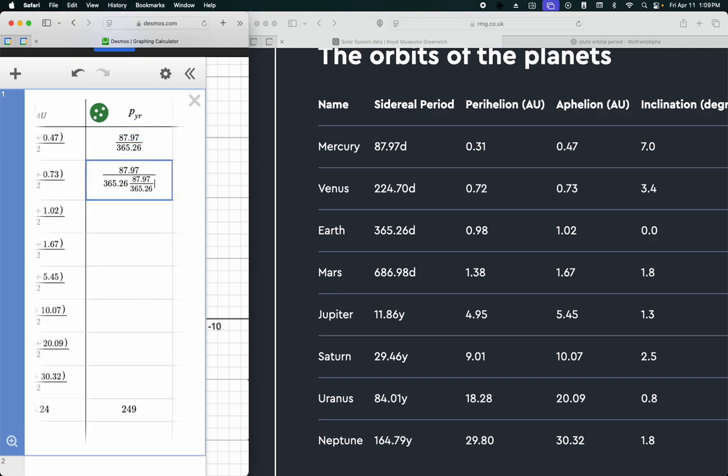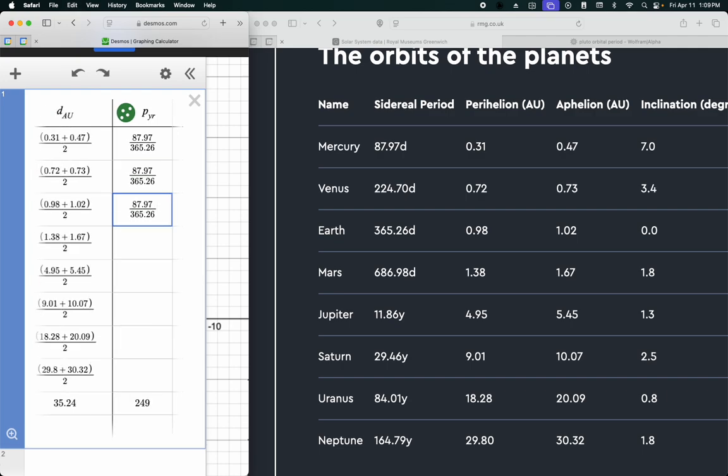So Venus is given in days, Earth is given in days, and Mars is given in days, even though it's more than 365. So Venus is 224.7 days. Earth is, I could just say 1 because it's going to be 365 divided by 365. And then Mars is going to be 686.98. After that, I'm just given in years, so I can do 11.86 for Jupiter, 29.46 for Saturn, 84.01 for Uranus, and